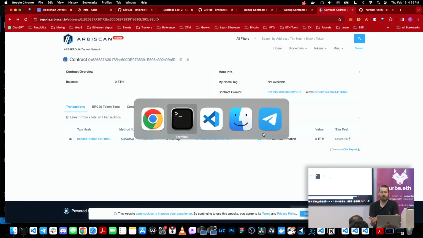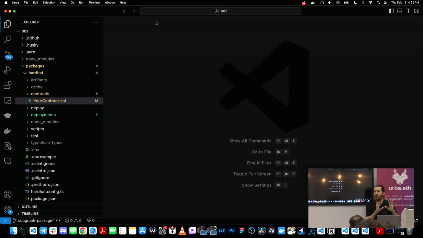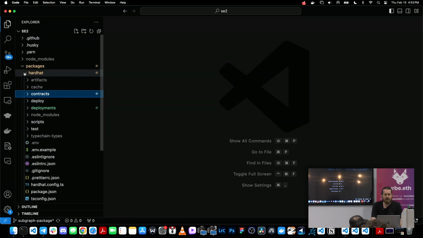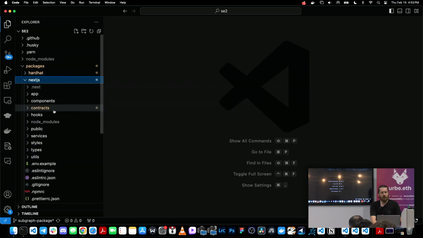Now let's look at our front end, okay? Everything I've been teaching you guys has mainly been around the back end, the middleware, but now we need to get a little bit more into the front end stuff, okay? So the first thing is, we're not going to touch the smart contract anymore. We're going to focus on Next.js, okay? So inside of Next.js,